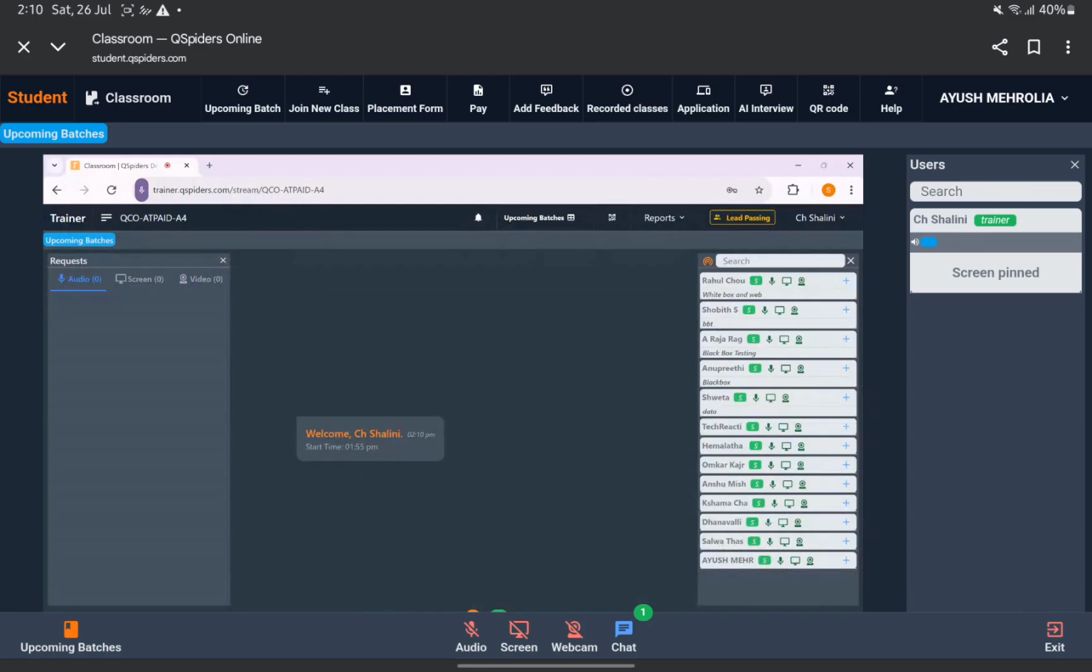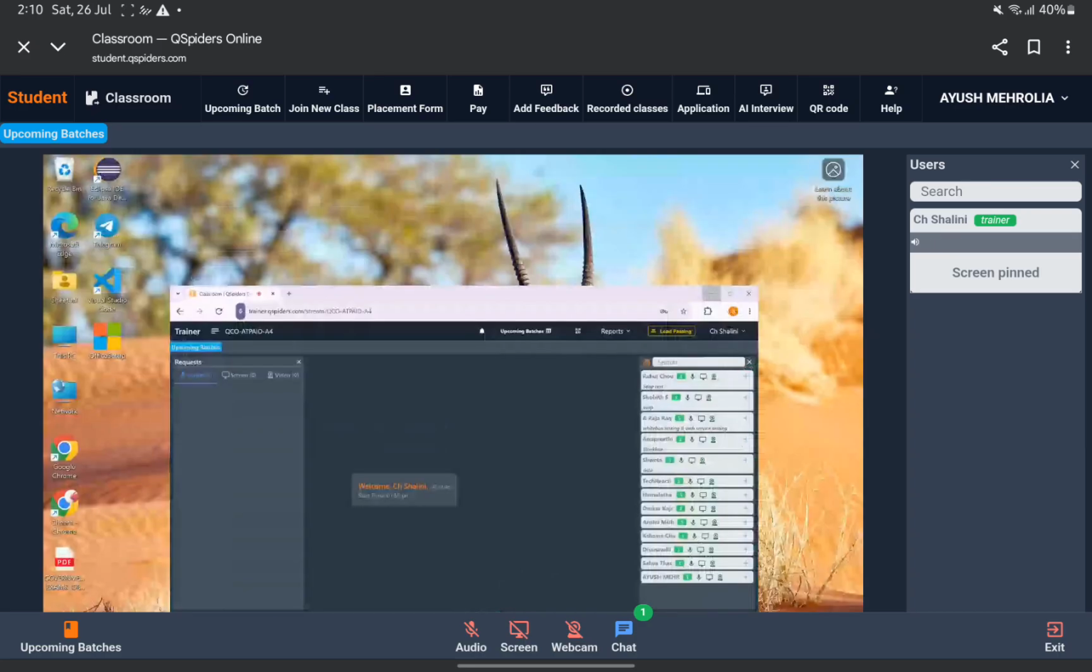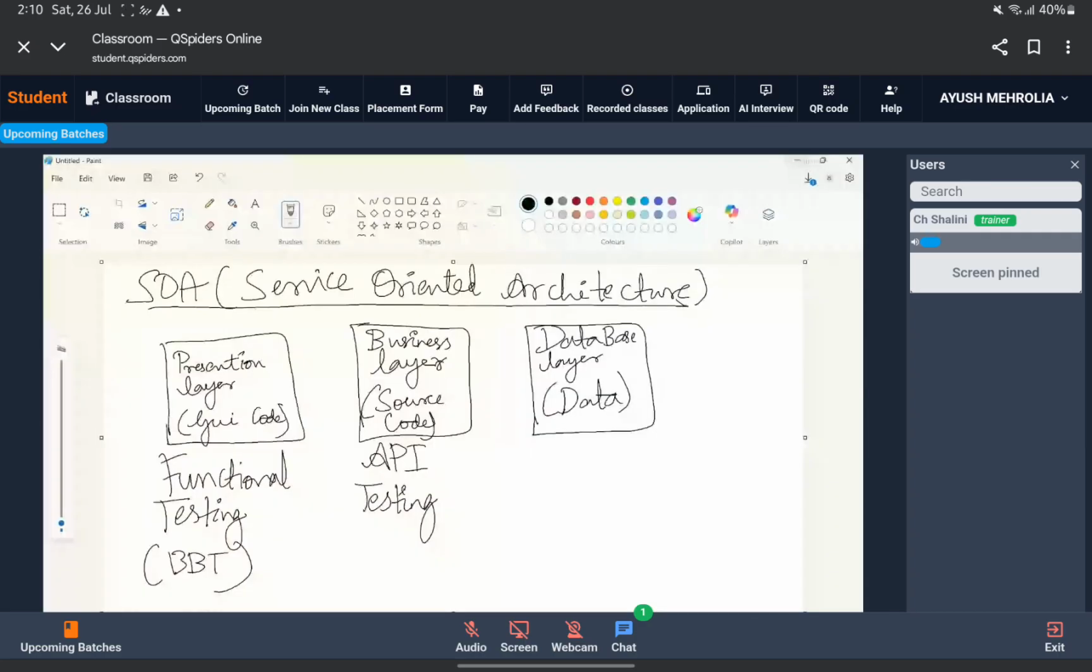In web service, we have other two things, right? SOAP web service and REST web service. So here, listen, guys. Inside API testing, I will be doing two things: white box testing, and